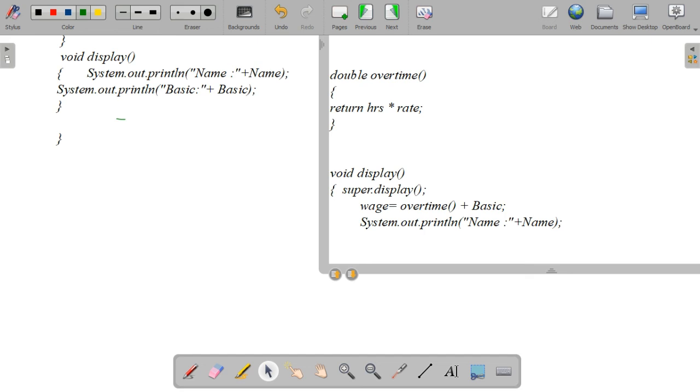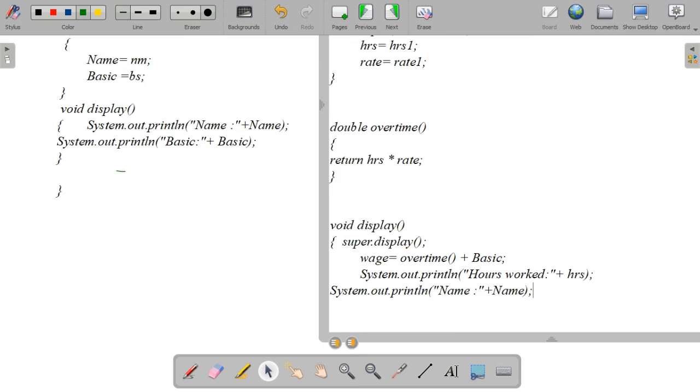Okay, so System.out.println, what are the things we need to print? Here in this child class, hours worked is indicated by which variable? HRS, is it? Yes. The next one, what are the next hours worked?